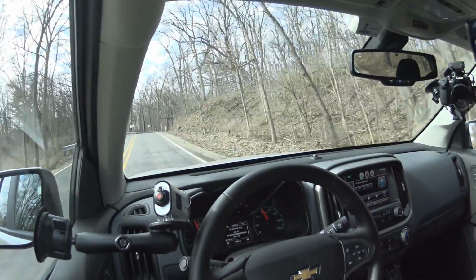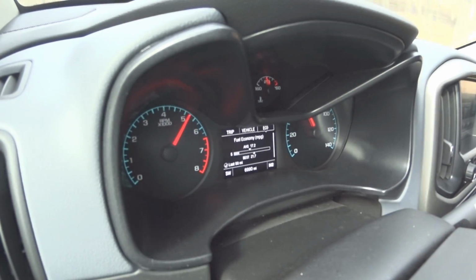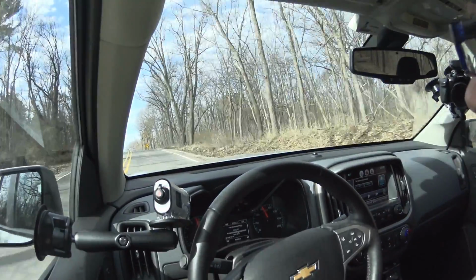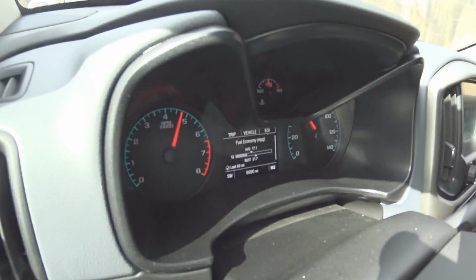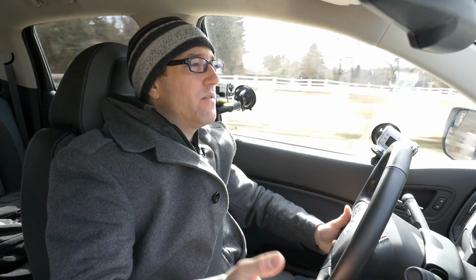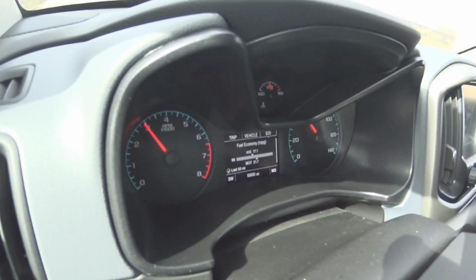So if we wanna go down in a second, back down in a second. Rev matches downshifts. Now, from a performance perspective, this is not a performance car, and that's not why it's rev matching downshifts. That's not why it has smooth upshifts and downshifts. It's just basically, if you're going to be towing, you don't want to be jarring your payload. You don't want to be jostling things around. But in the case here, when you especially go into second and first,